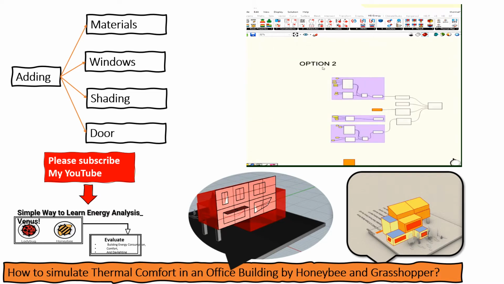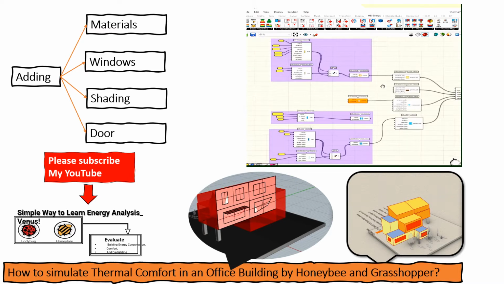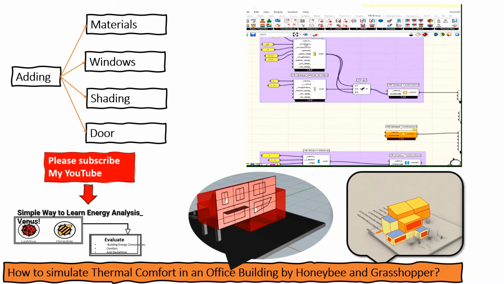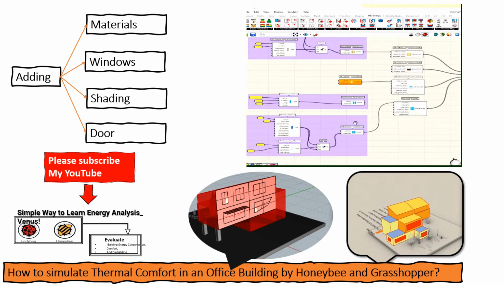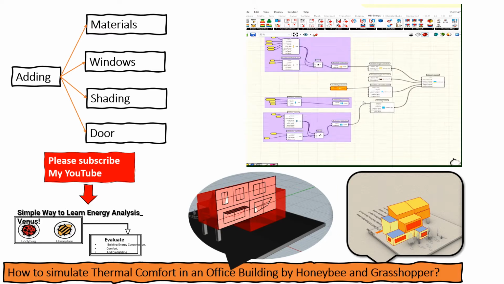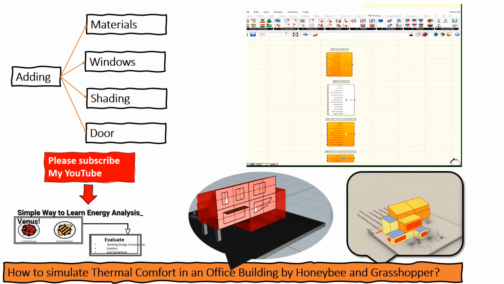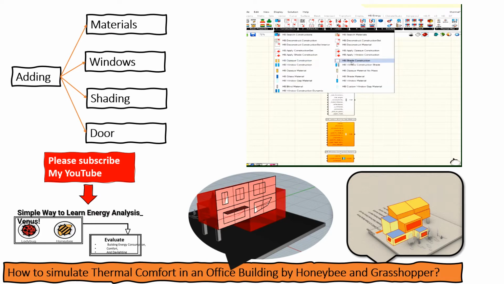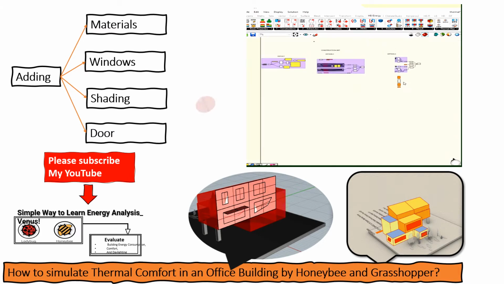For option 2, it's the same as option 1, you need this component, but for adding the material, you need to add specific numbers for the material according to the catalog, or according to the information that you have. You can use this part of the construction tab to define the